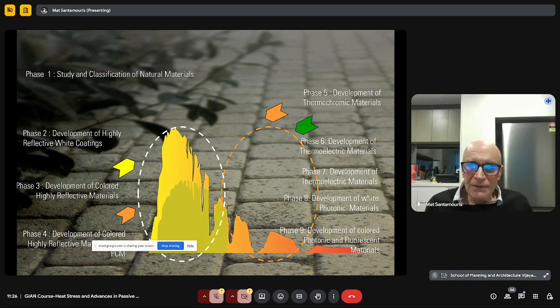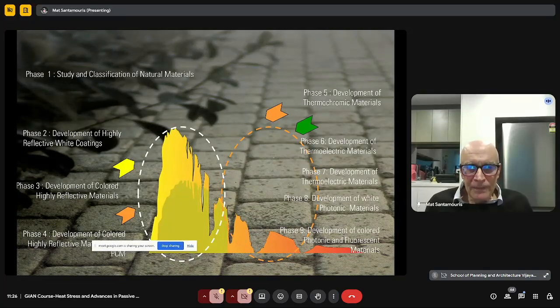Metal materials present a low emissivity. They keep the heat inside them, while the other materials emit the radiation. So it's not only the reflectance that defines the thermal properties of the material, it is also the emittance, and the emittance is of extreme importance, and we will come back to that. So we have a variety of different white materials now in the world, but we cannot use only white materials in our cities. We need color for aesthetic reasons and for many other purposes.